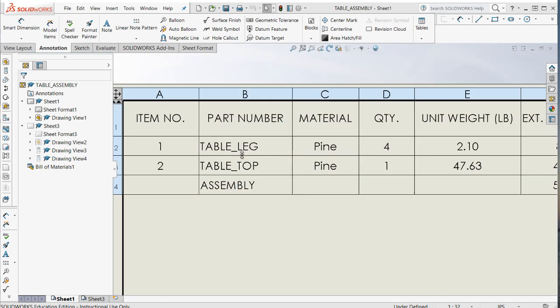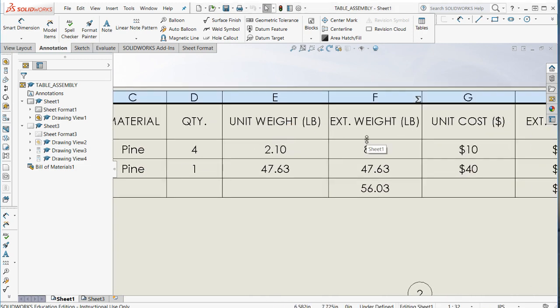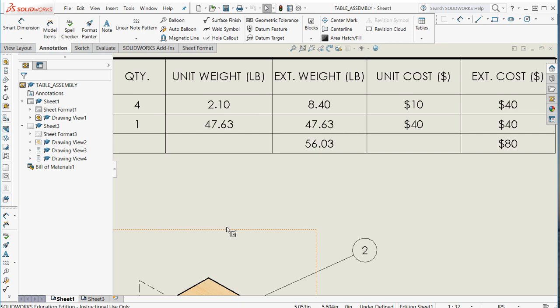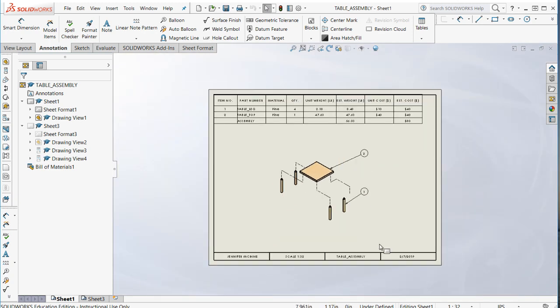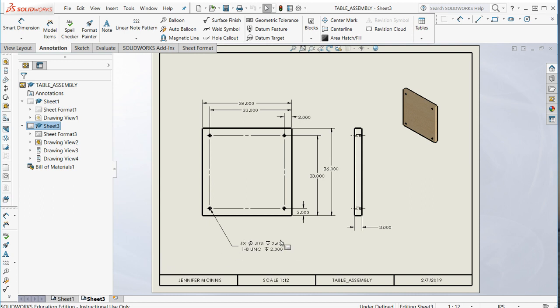In my bill of materials, everything is uppercase. I have material, quantity, unit, and extended weight and cost. I also have a row for the assembly extended weight and cost. And so this would be the complete version. And just because of the way I was making drawings, in the same document I have my second drawing for